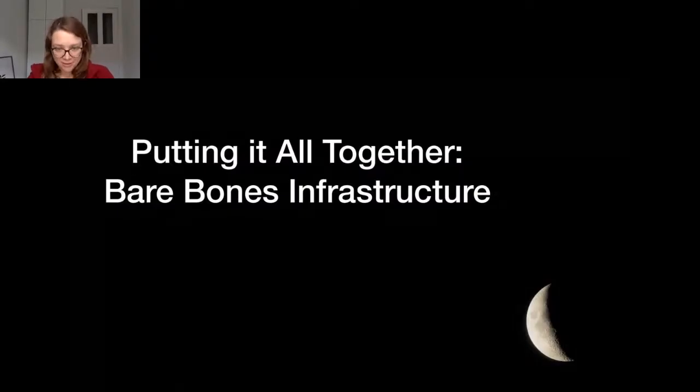Putting it all together builds the bare bones infrastructure. So this will together build all the different parts of what I personally see as the most minimal infrastructure for a machine learning application. And this is covered in the tools that we just saw. So now it's more of an architecture. The starting point of the system is, of course, data. We said data is available in many different formats. So let's say we have Parquet, JSON, and CSV.